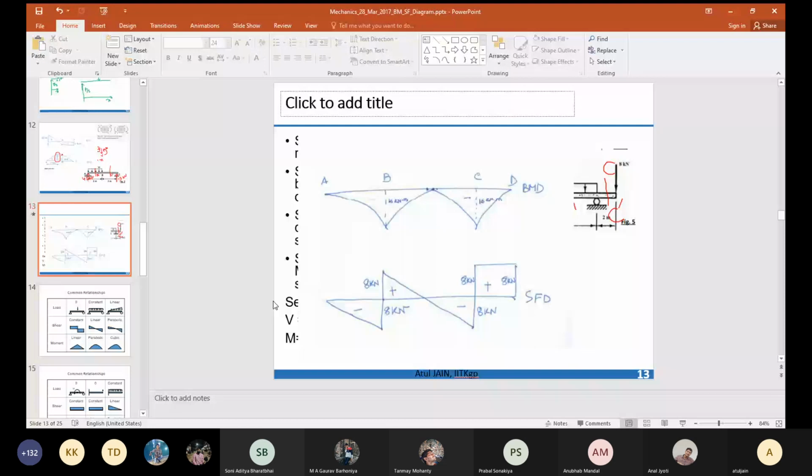By looking at the bending moment and shear force diagram, can anybody tell me why we define a beam as a member whose length is very long? I am not telling you, I am asking you. The question is that imagine that you have a simply supported beam subjected to point load, and we define the beam as a structure whose length is very long. By assuming that the length is very long,